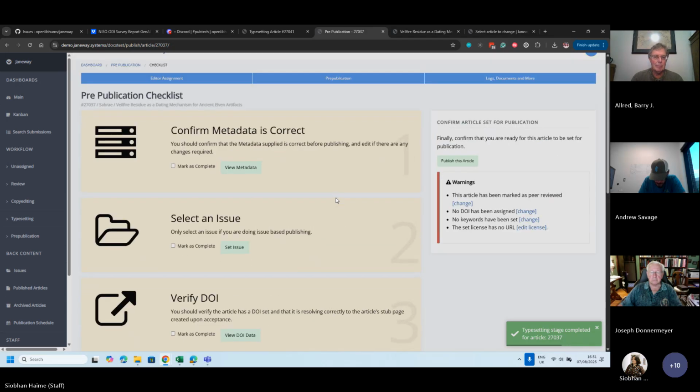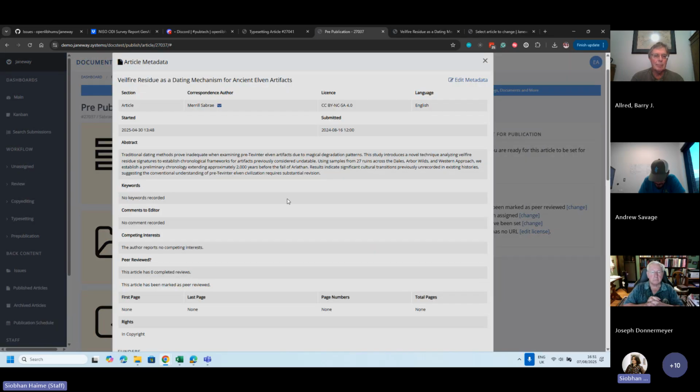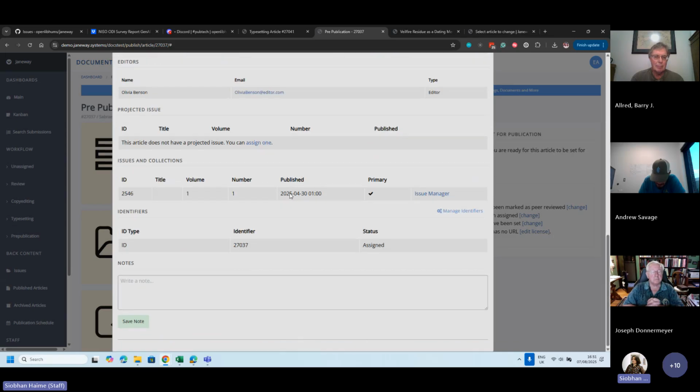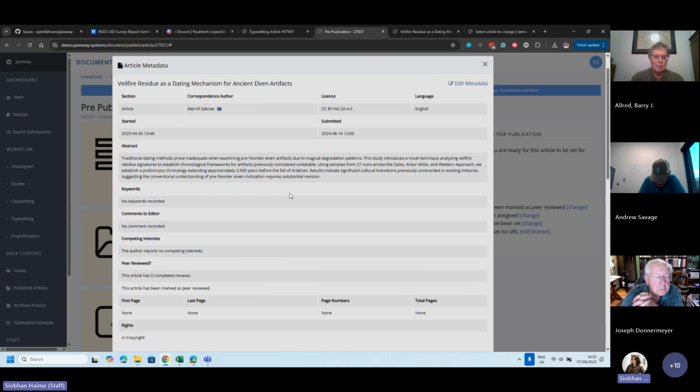So at this stage, we are effectively preparing the article to be published, and there are various checks that need to be made, or you may wish to make. The first one is the metadata. So you can check if the metadata is correct, if all of this looks right to you. In principle, this should hopefully all be what you expect that to be, as this should not have changed too much